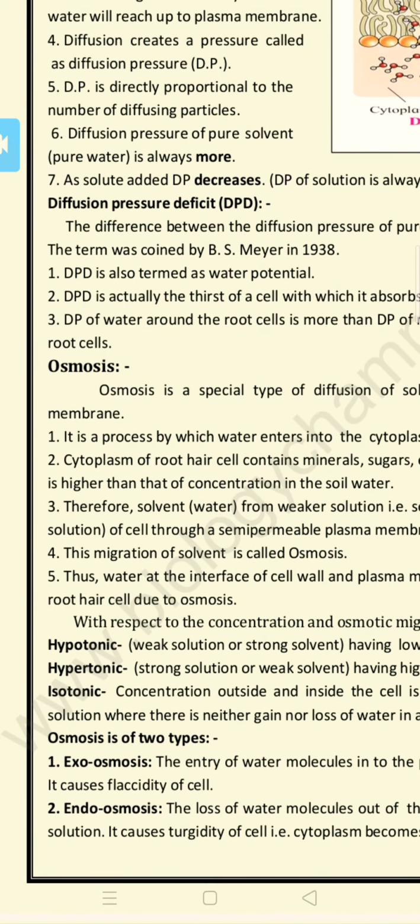Okay, students, we have completed our chapter by covering all the points which are not reduced by the government. So we are not going to take other points, in order to complete your syllabus as soon as possible.